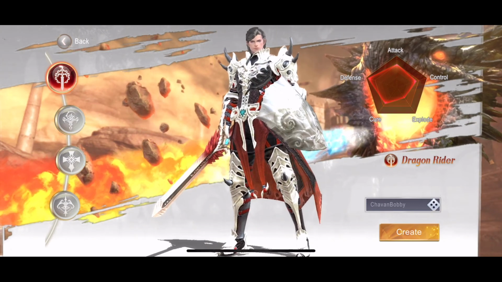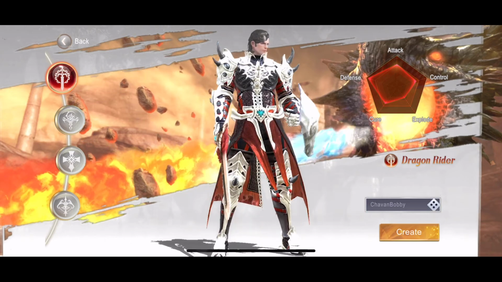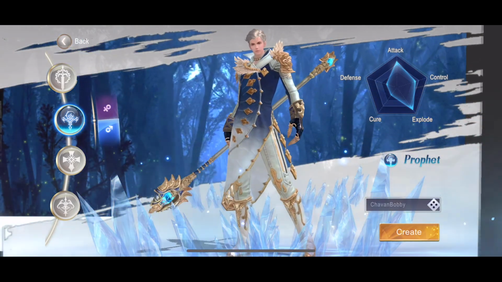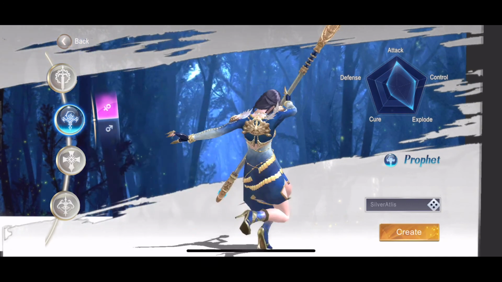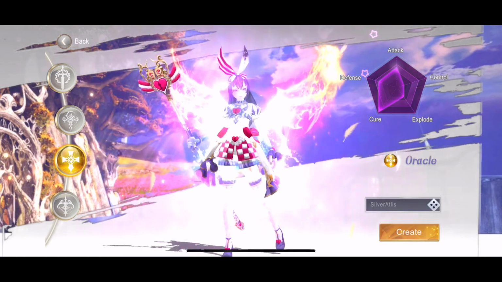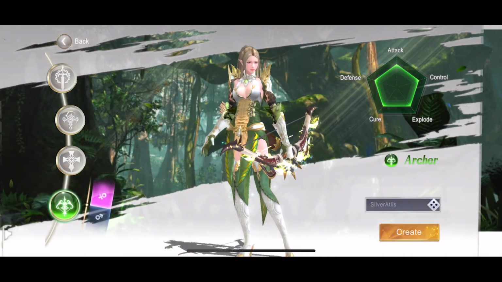Zilant features a standard assortment of class types to choose from. There is a Dragon Rider, who acts as a traditional warrior. There is a Mage class, called Prophet, which comes in both the male and female variations. There's also a Clerical class called Oracle, and then last there is the Archer, which also comes in both male